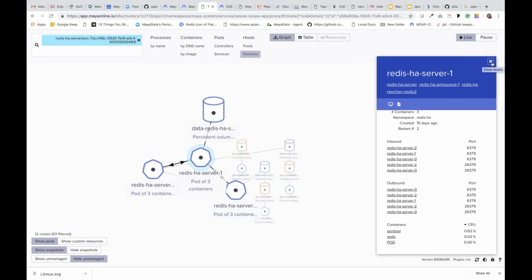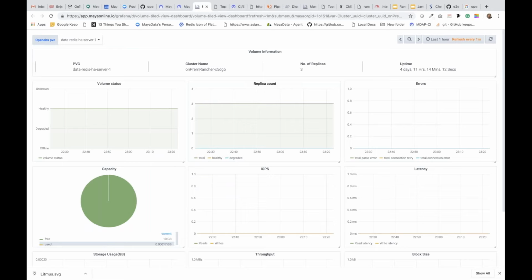And soon we are going to launch DMAS, where you could take your application from one cluster and move seamlessly to any other Kubernetes cluster, and the move will be almost instantaneous. So together with DMAS and visibility, you get assurance, you will have the data agility platform that provides a cross-cloud data layer for easy management of both your day 0, day 1, and day 2 operations. So that's a quick introduction and a preview into Maya Online.